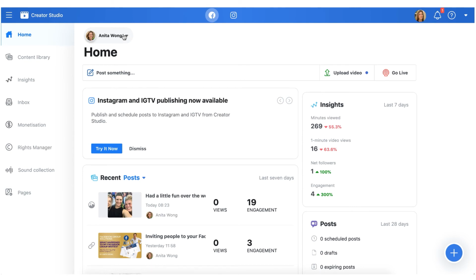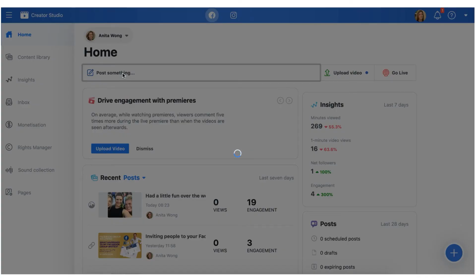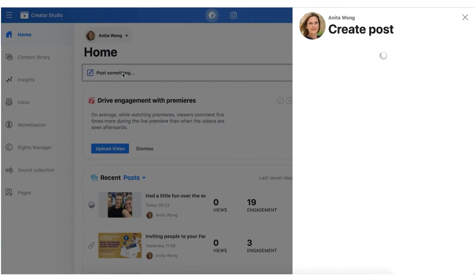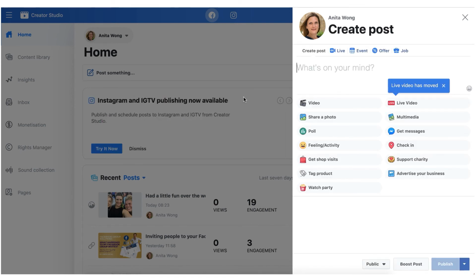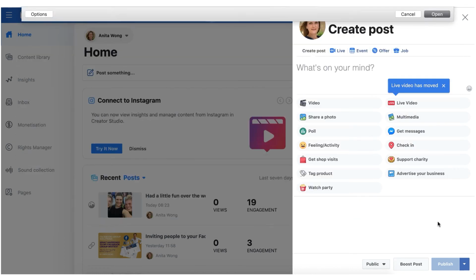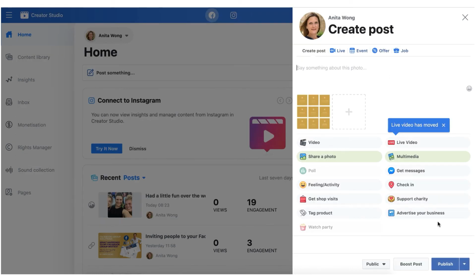The next step to check is that your name here matches your business page name. So then you have the option to post something. So this is going to go directly onto your Facebook business page. So we're going to post something here. So we're going to click post something, and it's going to give you the option to create a post. So I'm going to share a photograph. So I'm going to add a photo here. So I've uploaded my photograph, or image as we should say,